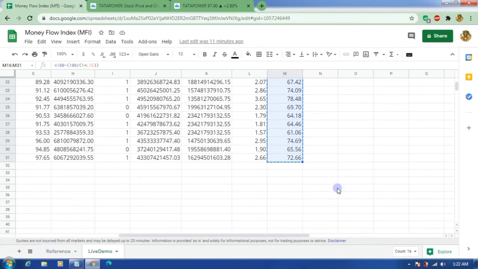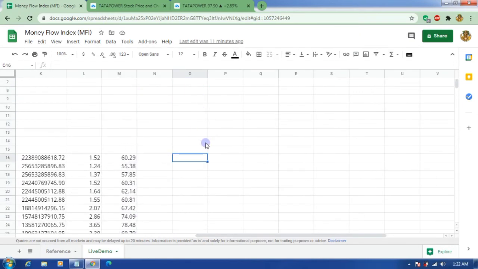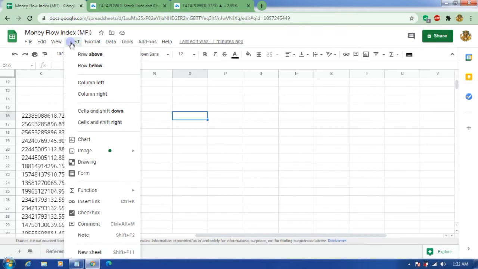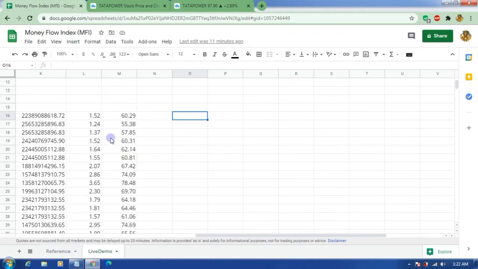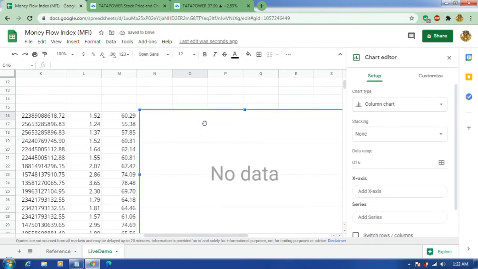So I will plot these values. What I can do is click on the insert option, then click on chart. You are building a chart here. Let's drag this to the right side.